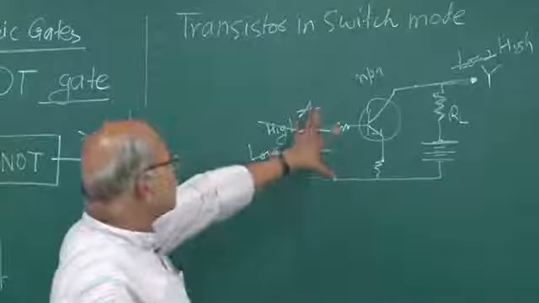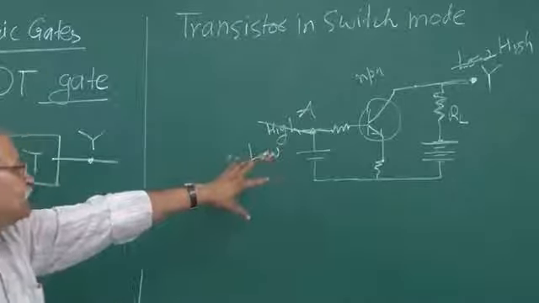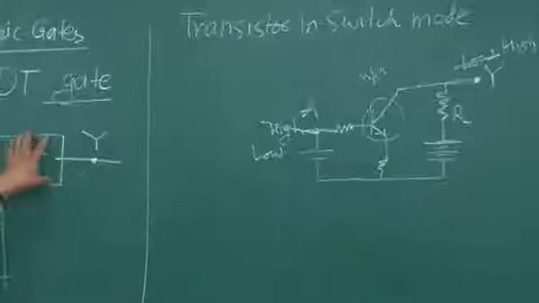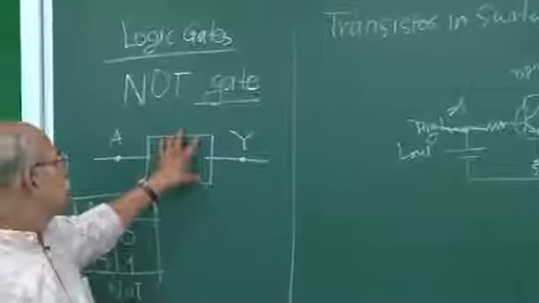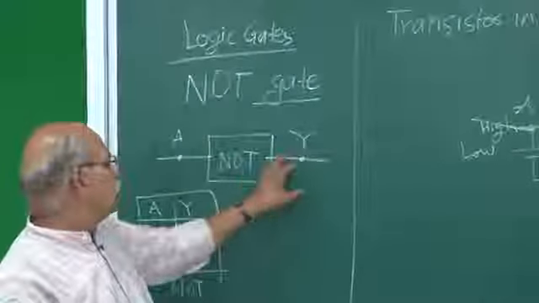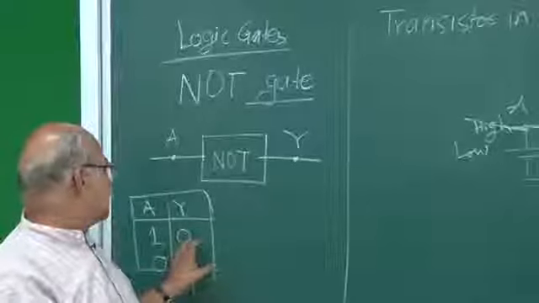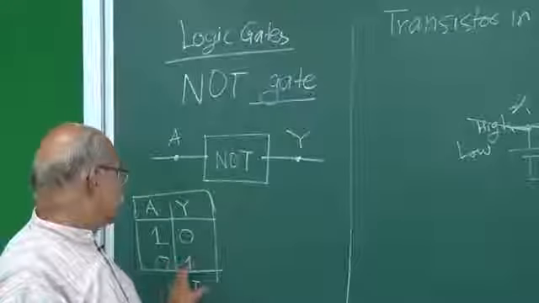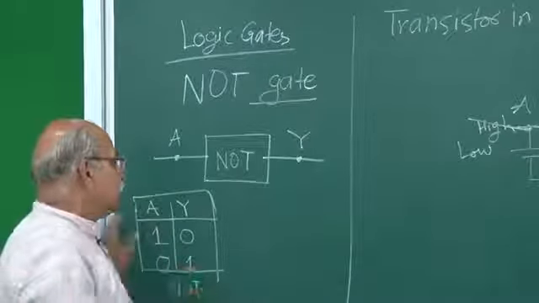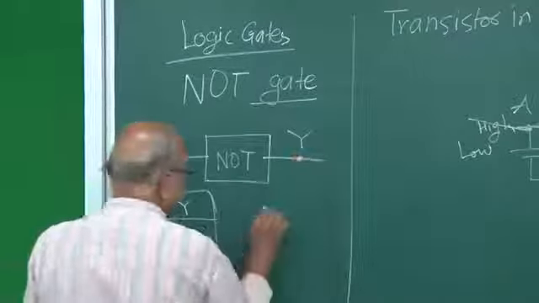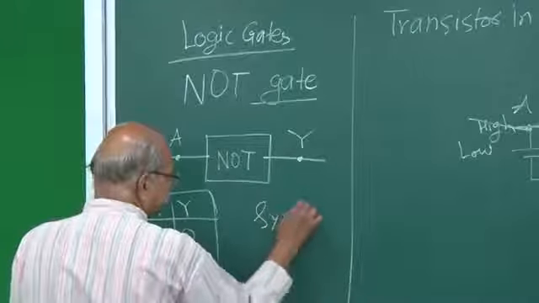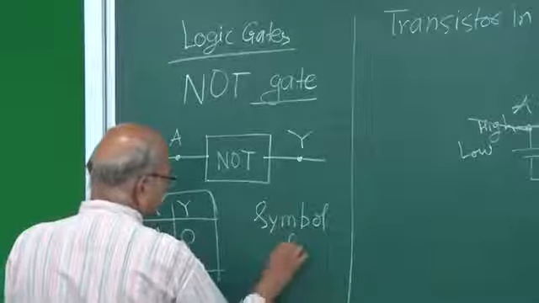So this single transistor itself is a NOT gate. You give one input, you get one output. If the input is 1, output is 0, and if input is 0, output is 1, and there is a symbol for it. Okay, symbol for NOT gate,